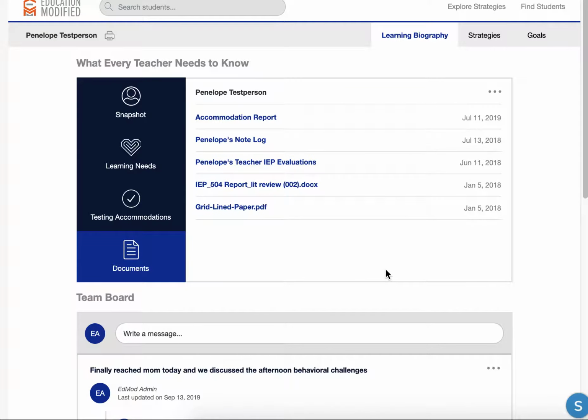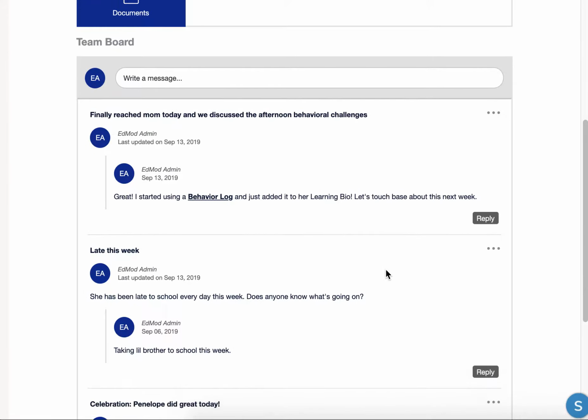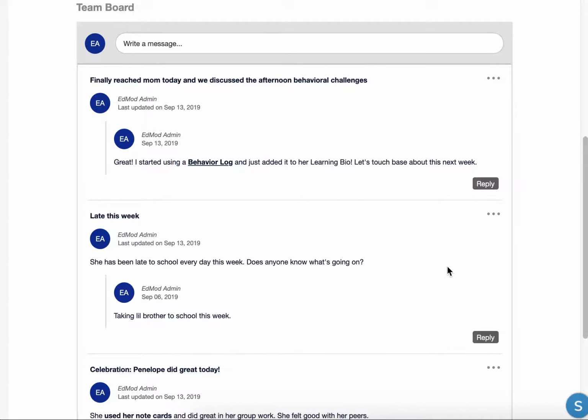And then next, I want to show you the team board. This is going to serve as any other message board. It's fairly new, and it came from a place where teachers wanted to input everyday observations. This is completely customizable to your school on how you'd like to utilize this. Some ways schools have used this is to communicate celebrations about the student